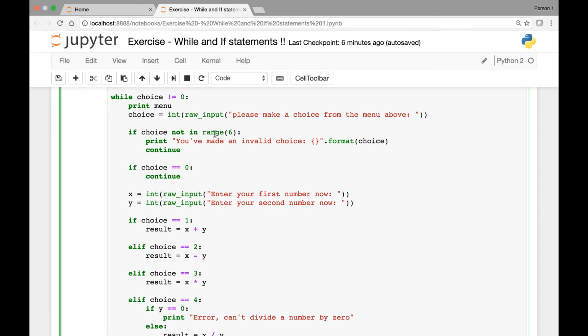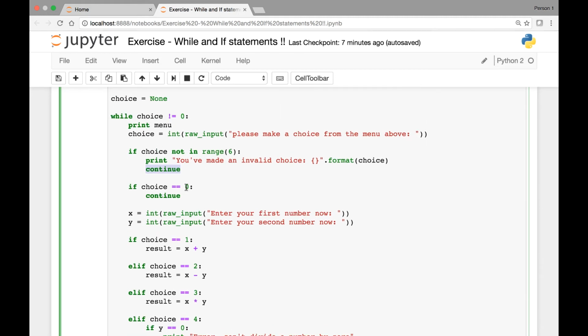So if choice is not in range 6, so if the choice is not in the given menu, we print this message saying they have made an invalid choice, and then we used the continue statement to loop back in the while loop and then present the menu again. So this will keep looping, asking them to make a valid choice again and again. And if they choose 0, it will quit the program,